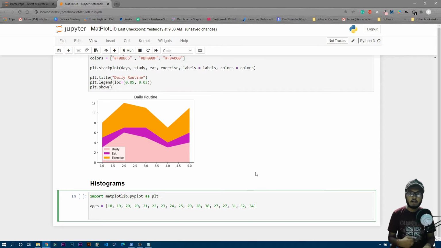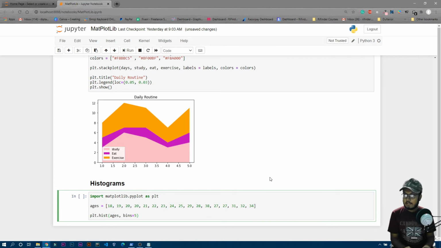Now let's make a histogram plot, right? To create a histogram plot, you just need to write plt.hist, and then you pass the variable where you stored all the data. So for example, now it's ages, and then we can write bins. Bins mean how many data points will combine with each other. If I write bins equals 5, that means the first 5 data points will combine at once and it will show you a plot of the first 5 data points, then a plot of the second 5 data points, and it will continue till the end of that list.